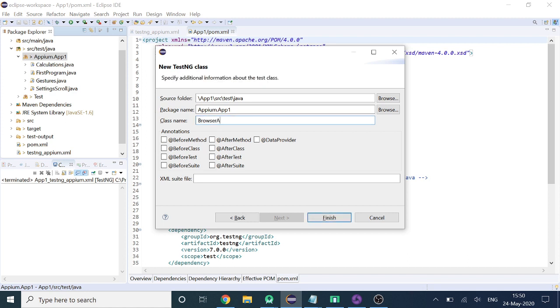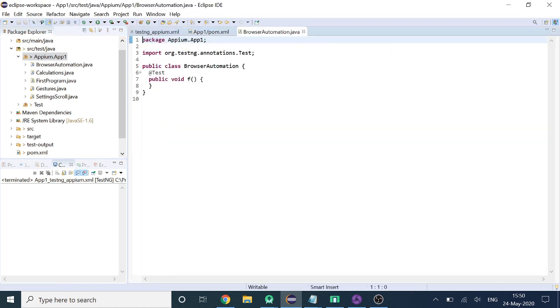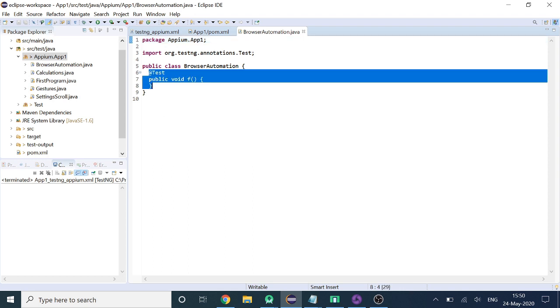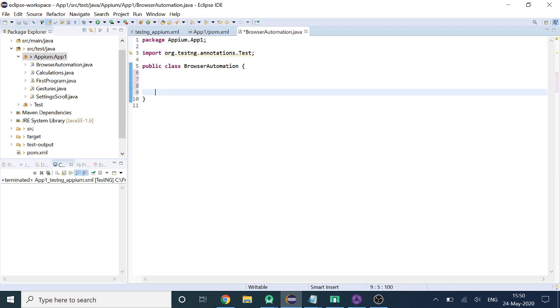Let's name it BrowserAutomation. We'll just copy paste the before class and after class methods.